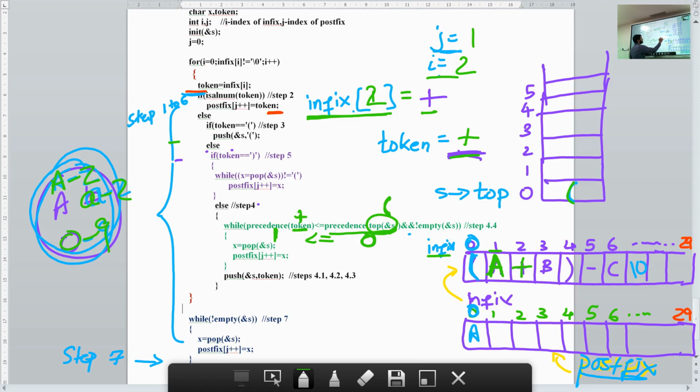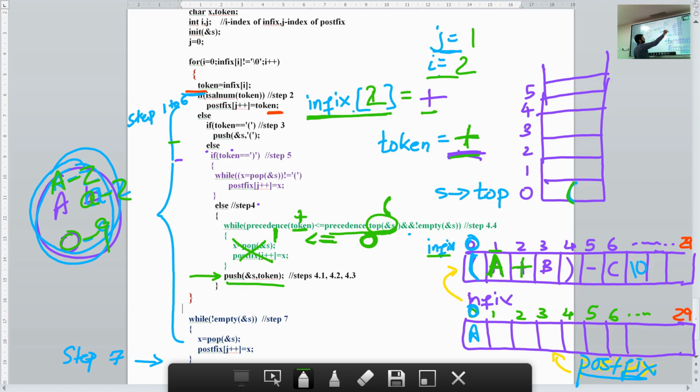Opening parenthesis. What is its precedence value? 0. You can look at the precedence function again if you don't believe me. So you check this condition. Is 1 less than or equal to 0? No, do not execute this. That means you will come here and push the token on the stack.